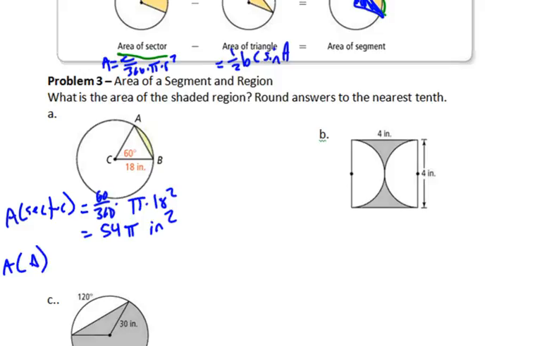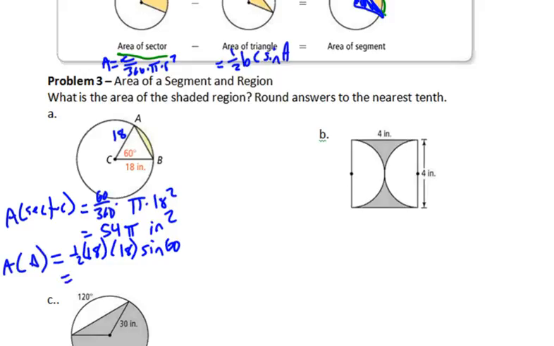The area of the triangle, we have an angle, and we know that if this is a radius, then this one also has to be 18, because that's also a radius. So the area of a triangle would be equal to 1/2 times 18, times 18 again, times sine of the angle in between, which would be 60 degrees. And when you do that,